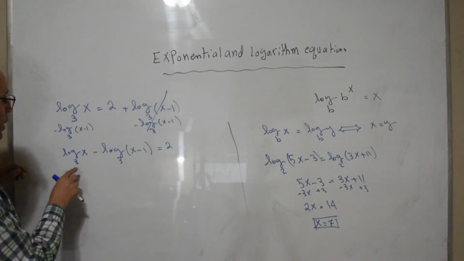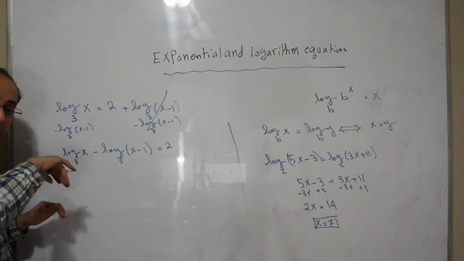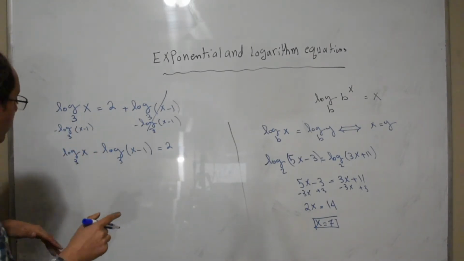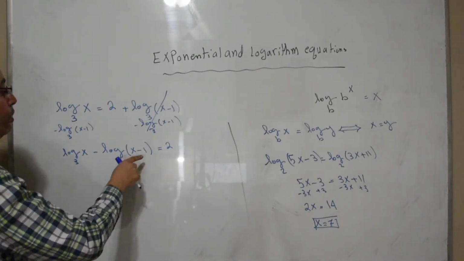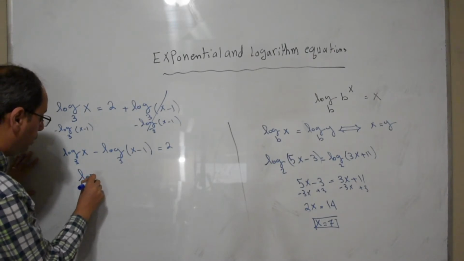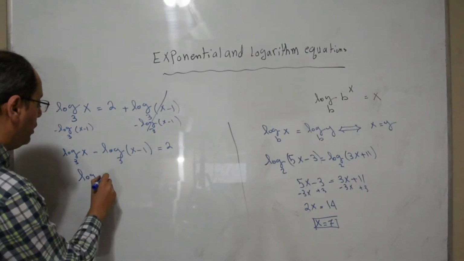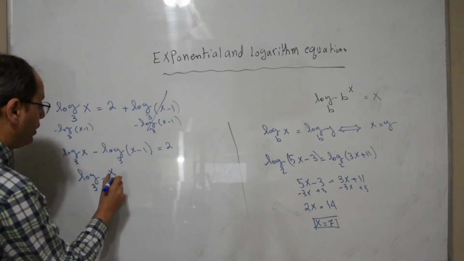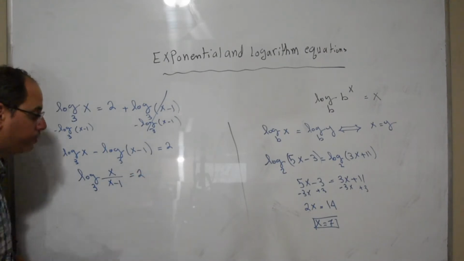I have the same base, and minus, so I'm going to convert it to division. The positive log would be in the numerator and the negative log in the denominator. So I combine these two logs in one log with base 3, and I have x over x minus 1,